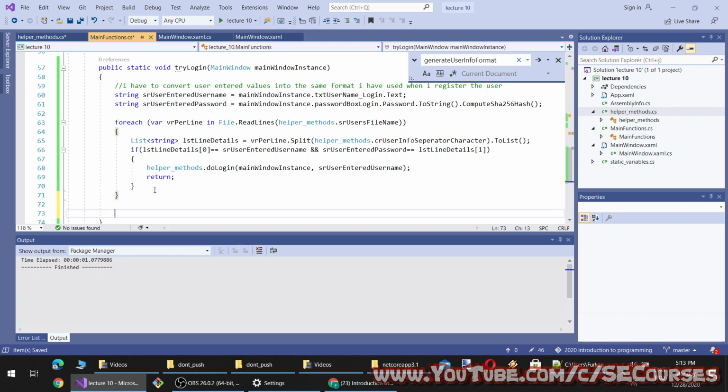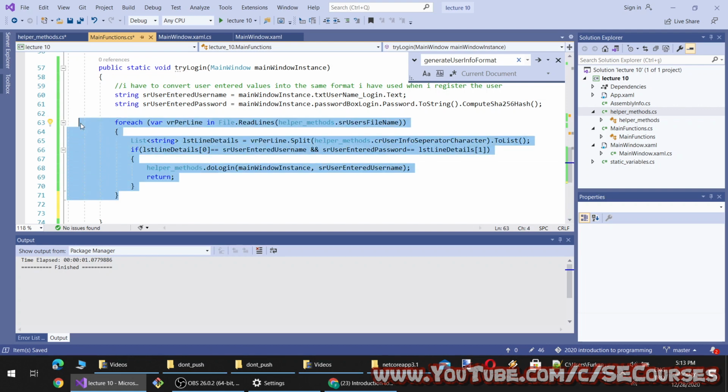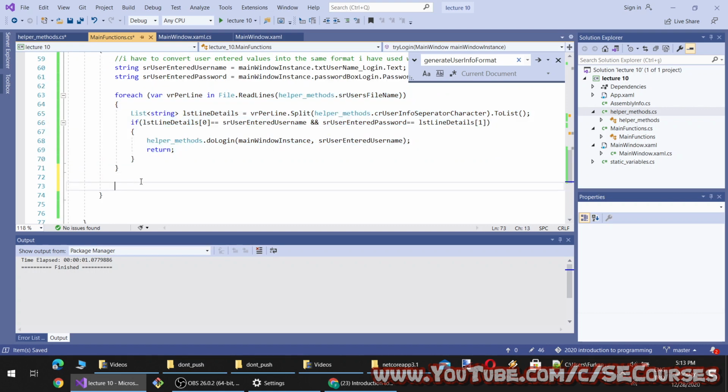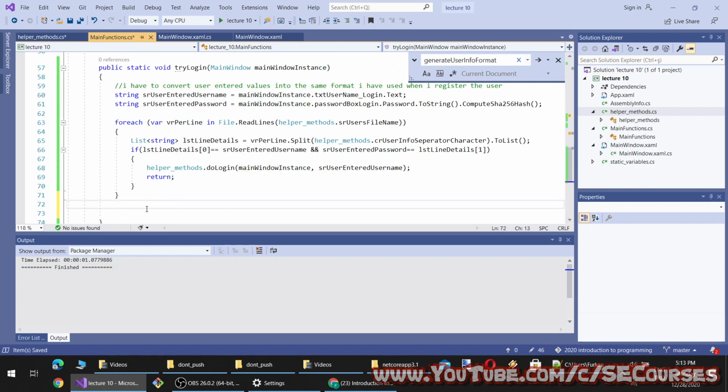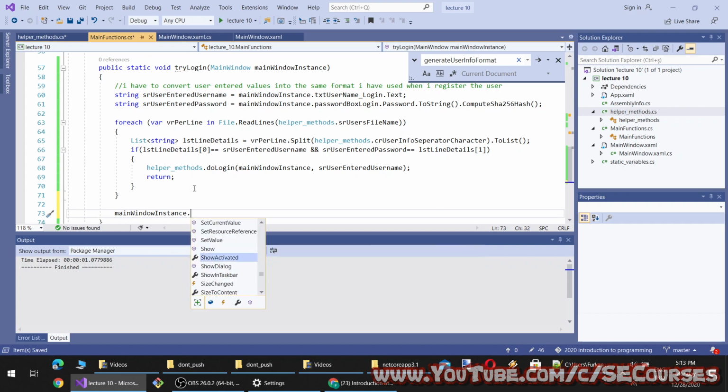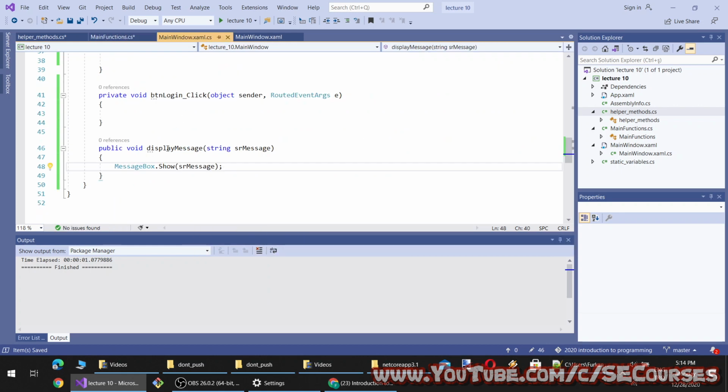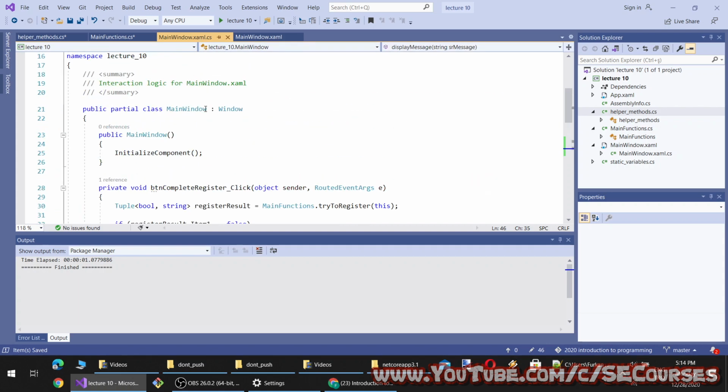And if we haven't returned from this foreach loop, that means that either the password or the username the user has entered is incorrect. So we will do like this. Main window instance, and then I will click and call the method I have defined here. You see, display message. It is the method I have defined inside the main window class.